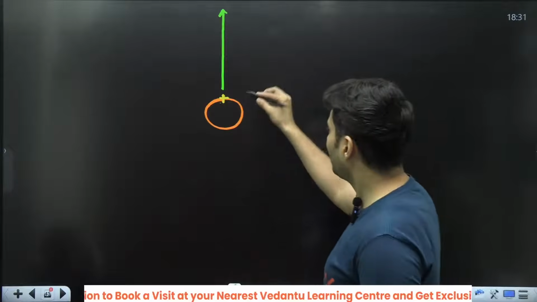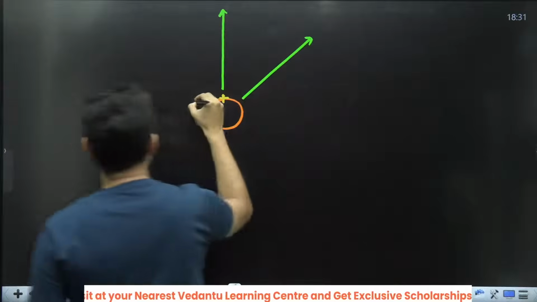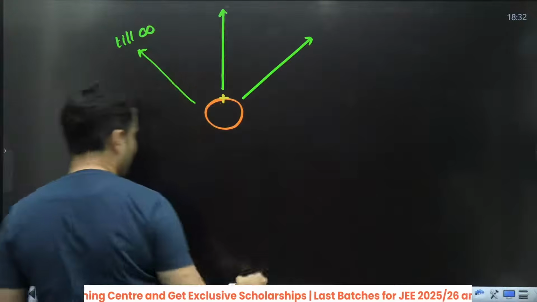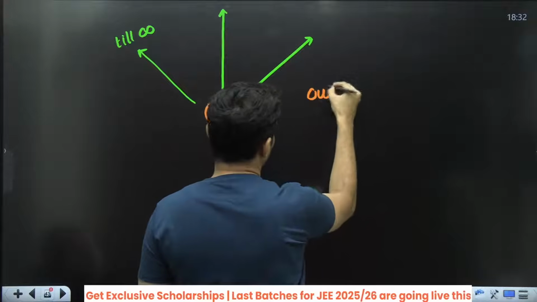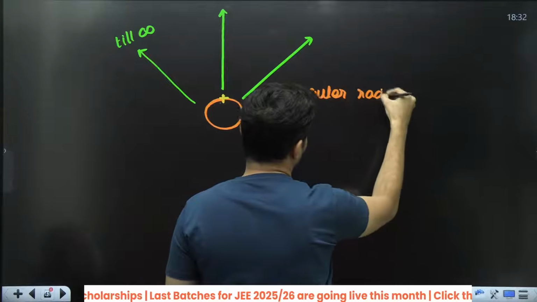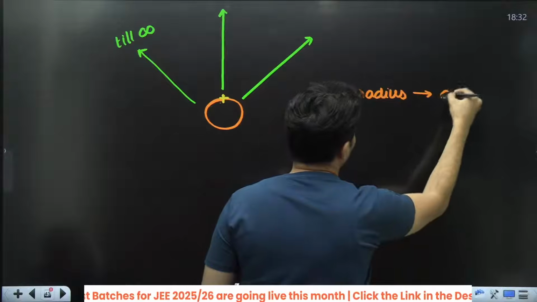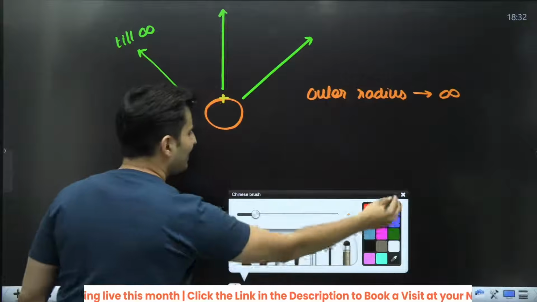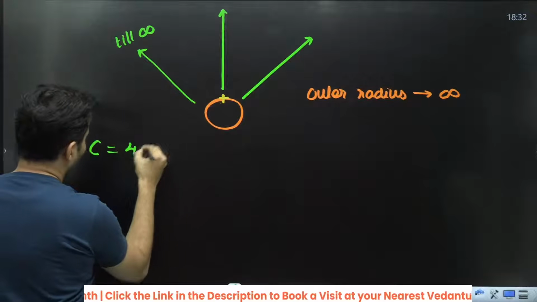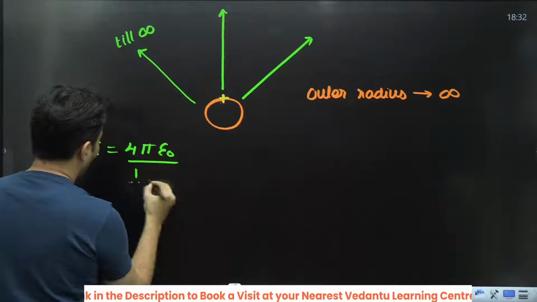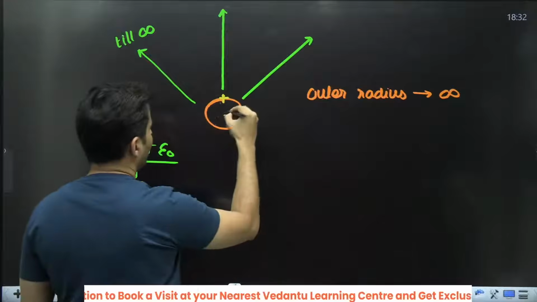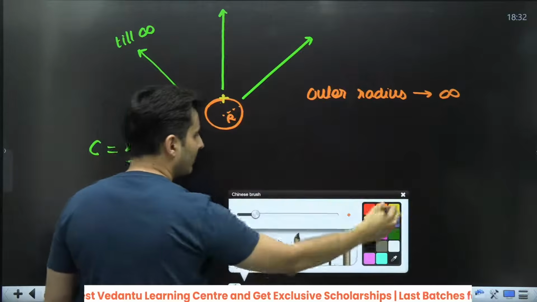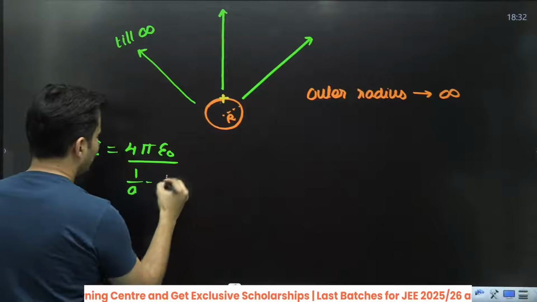So, same thing over here. These field lines will endlessly go till infinity. That means the outer shell, the outer radius is basically infinity. Wow. So our original capacitance formula which was there, which was 4 pi epsilon naught, let's say this radius I call it as r, this radius I call it as r. And the formula, remember, was 1 by a minus 1 by b.